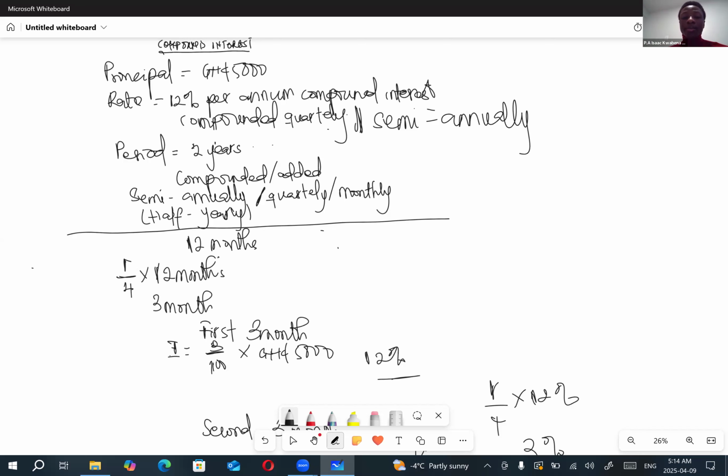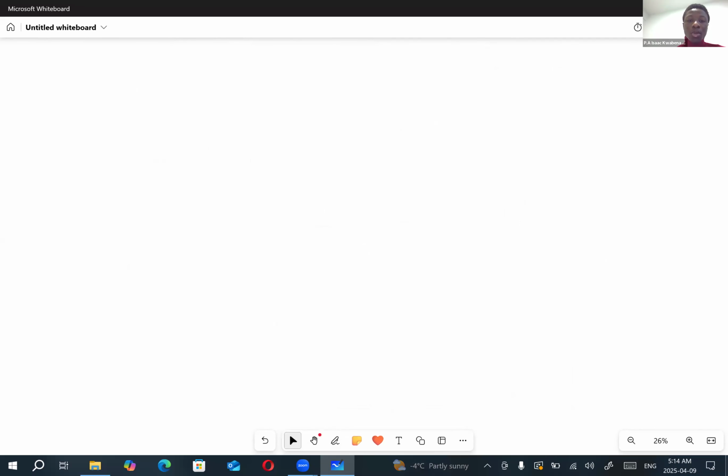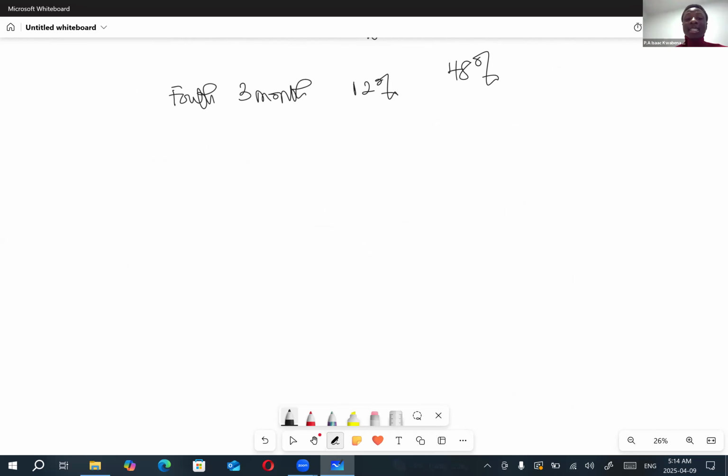So it's 12 months, and you said semi-annually, so divided by 2. So every 6 months, the first 6 months. Good. 12 months divided by 2. Semi-annually means half a year, so divided by 2 is 6 months. So meaning the interest will be given to you every 6 months. We said she's saving with the bank for 1 year, right? So first 6 months, second